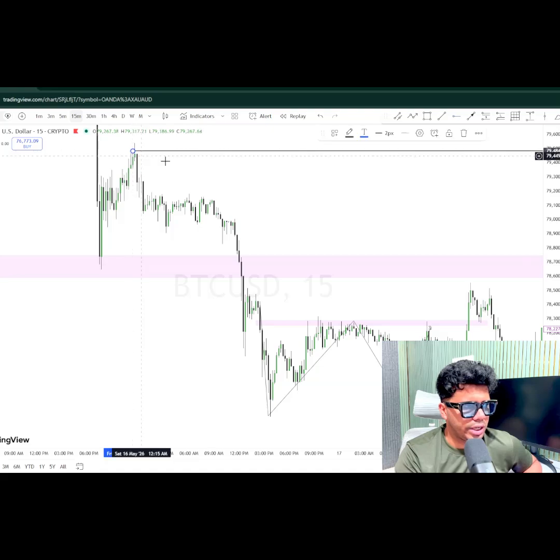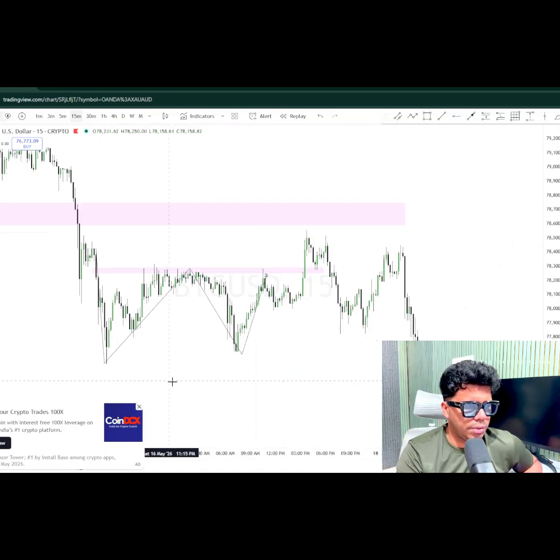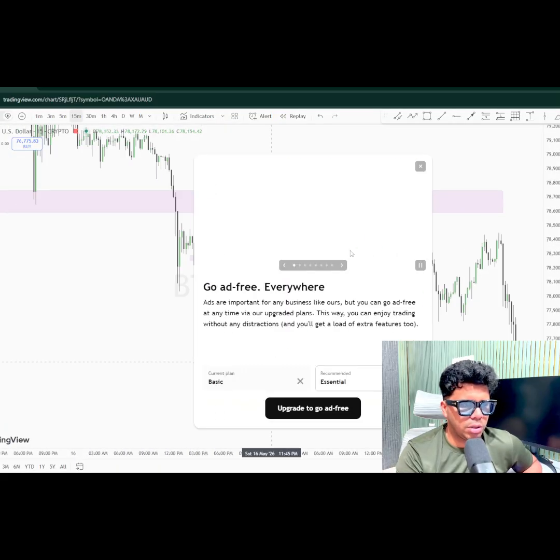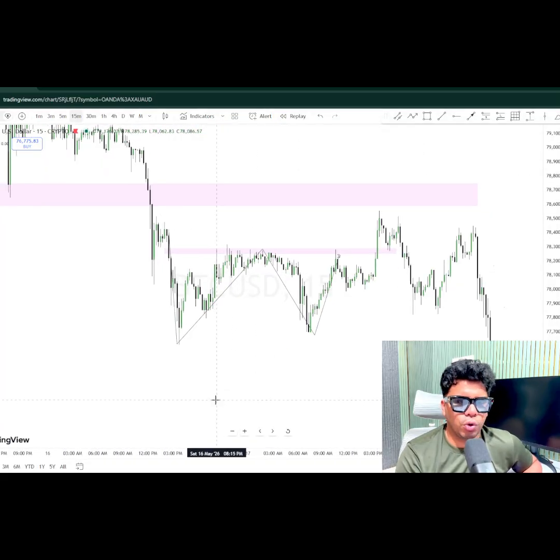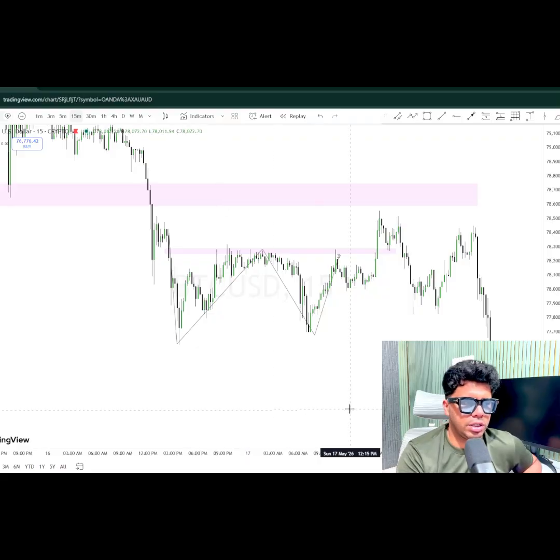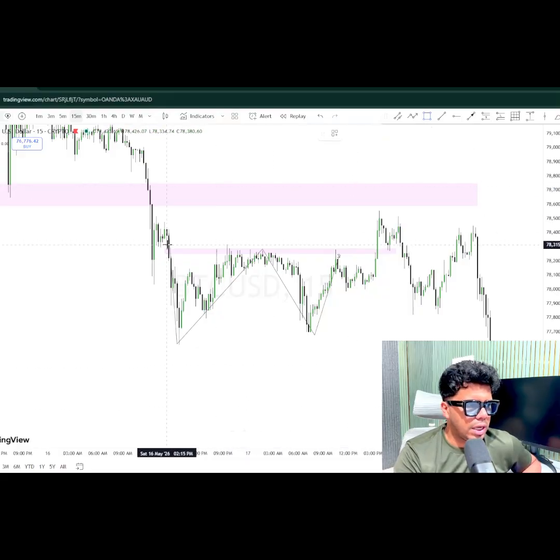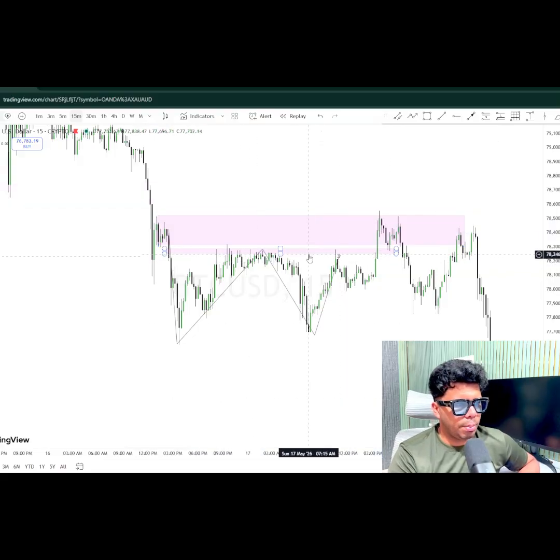Which range? This range, because it's the last lower high which was created in this down structure, and at the same time, in the higher time frames and the medium time frames, it's bearish. So we can't go for the long side in this. We only look for the short side in this. That's where we can see a supply zone which is still pending at this range, and after this double bottom